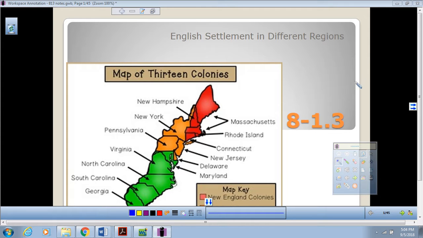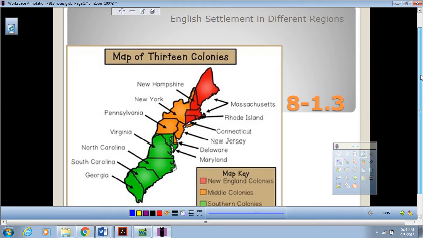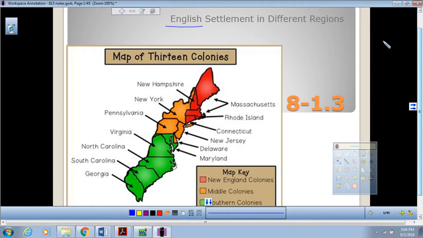In this lesson, we are going to learn about the 3 different English colonies that settled in America and the differences in the economies and societies in those colonies. There are 3 distinct groups of colonies, which include those in the northern region that are called the New England colonies,